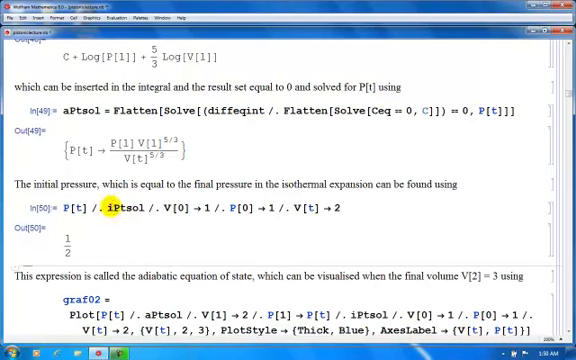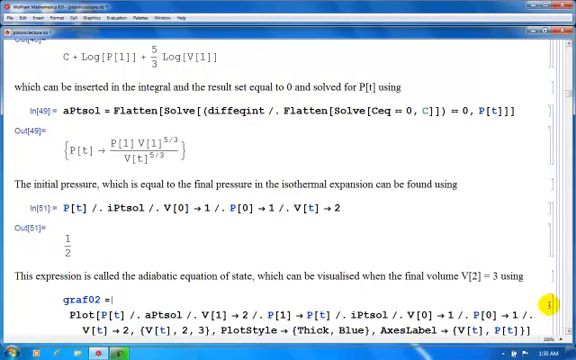I think we got that wrong. So I think we needed that to be A. No, sorry. The initial pressure is the final pressure in the isothermal process. And this expression here is called the adiabatic equation of state, and it can be